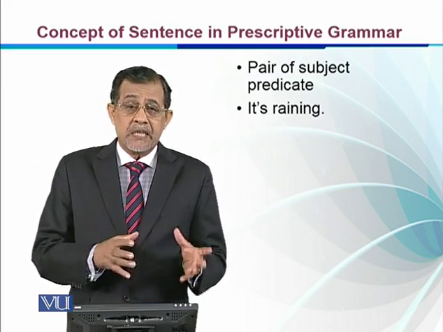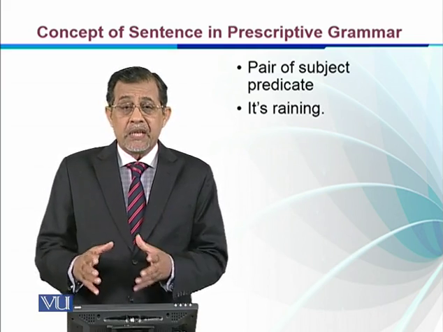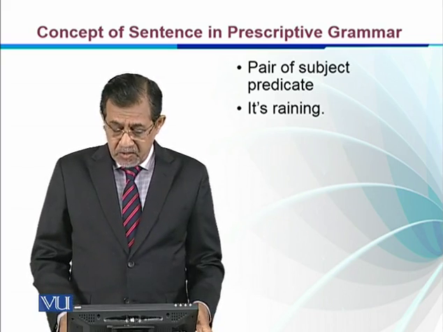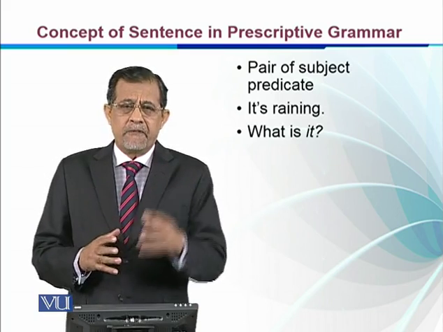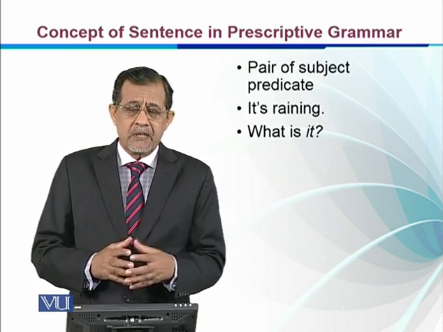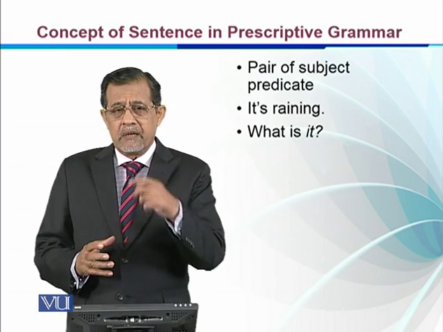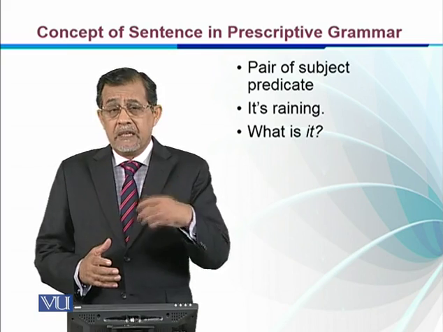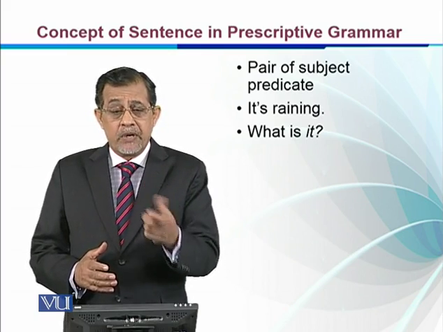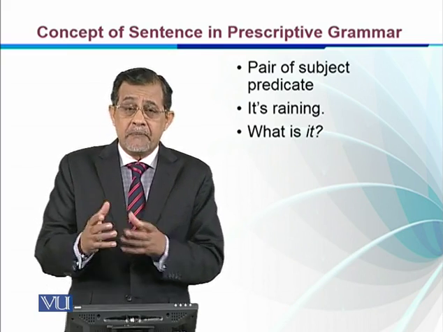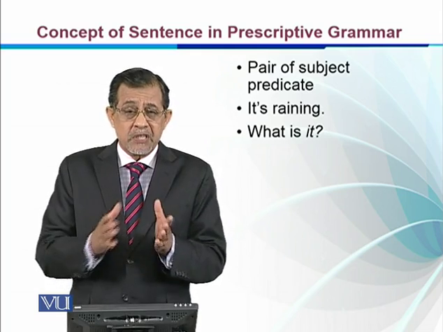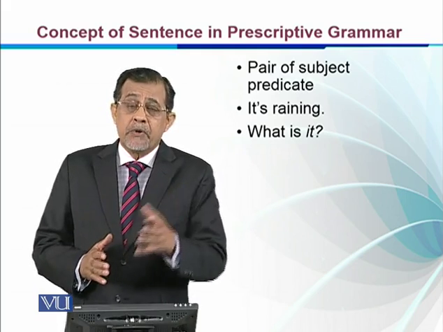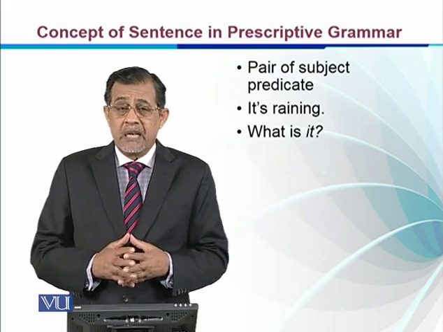Let's look at this: "It's raining." If we take this as a sentence, what does it mean? There are so many questions on the definition of a sentence: how can one group of words have a complete thought? We have seen that sometimes even a group of words which does not have a verb in it can give a complete thought. These are the questions which have been put up by certain linguists.